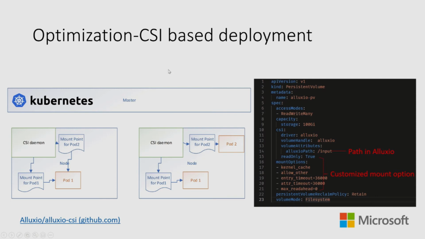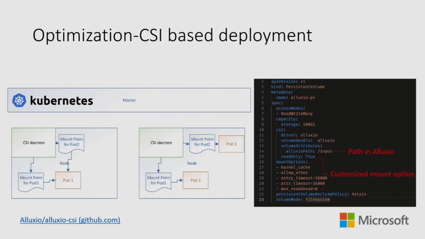And for the output folder, because we need to write data to such a folder, we need to turn the metadata cache off. Also, we need to customize the Alluxio config to make sure the write goes to the storage directly and does not lose data. So we change the write policy to through in this case.